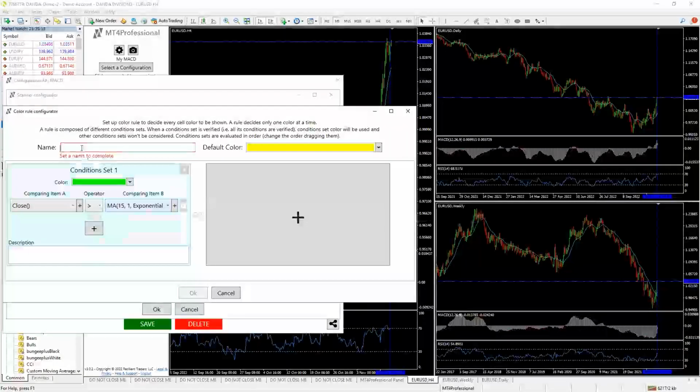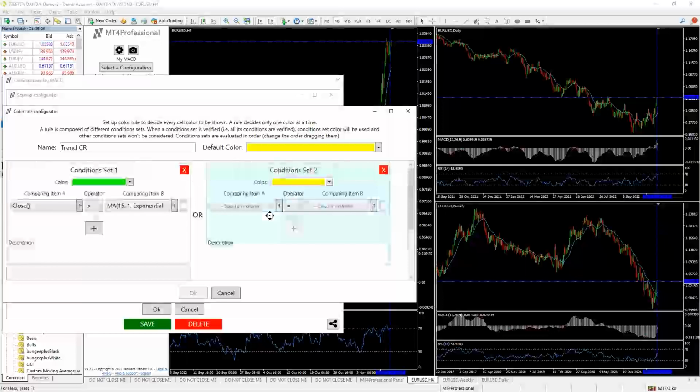We'll call that the trend signal, trend color rule. That's the green. The bearish condition, we'll make this one red.